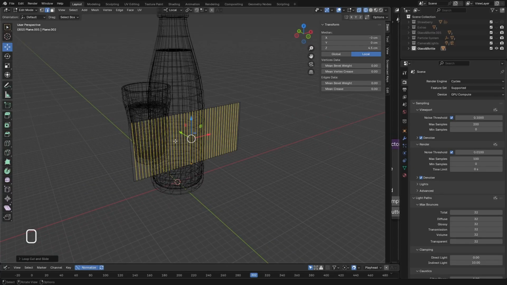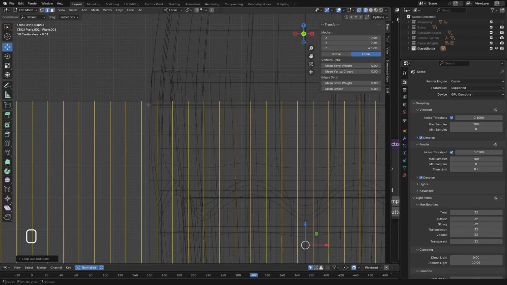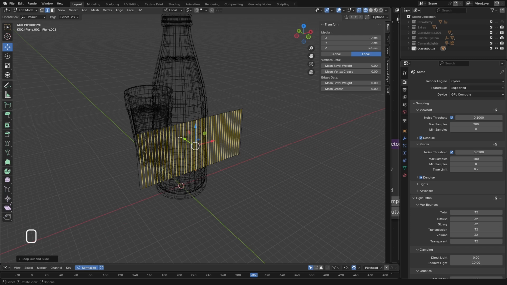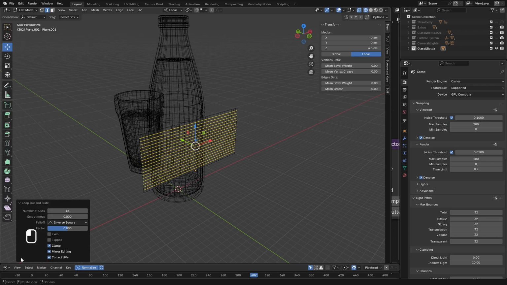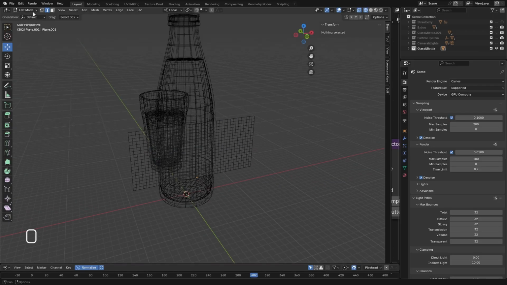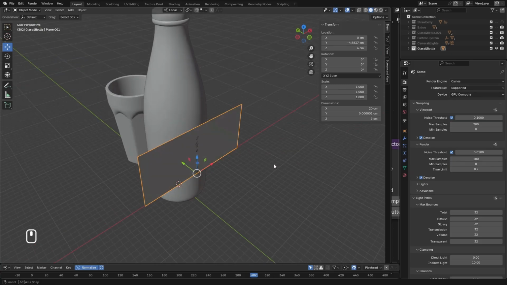And because we have a little bit of curve here, right there, and I wanted to be able to wrap that real nice, let's add some right here too. So it was 9, 18, nice. Back to the object mode and